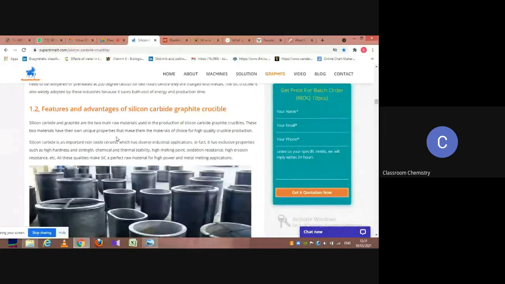These two materials have their own unique property. आपल्याला माहिती आहे ग्राफाइट किती स्ट्रॉंग आहे, किंवा सिलिकॉन कार्बाइड, यांचं मिक्स करून डायमंड सारखं मटेरियल तयार होतं. So it has very good quality and makes these materials of choice for high quality crucible production. It is an important non-oxide ceramic which has diverse industrial applications. आता ऑक्सिडेशन होत नाही म्हणजे काय, ज्यावेळेस आपण हिटिंग करतो at high temperature around 1600 degrees Celsius, some metals get oxidized, but in this case,